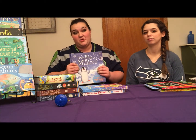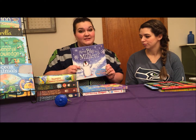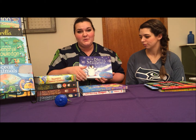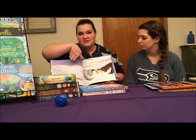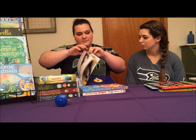One of my favorite storybooks that we have is How Big is a Million? And this is about this little penguin. His name is Pipkin. We have 2 other books in this series. And he's a little penguin with big questions. And he goes out to try to figure out how big is a million. So he goes all over the Arctic looking for the answer. Finally, at the end of the book here,